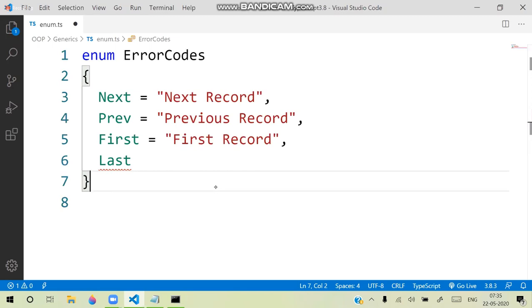If you are not defining a value and it is a string constant, then you have a problem. If an enum has a collection of string constants, it cannot dynamically configure a value, so it must be initialized with a value. Numeric constants will be dynamically configured, but string